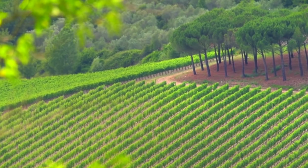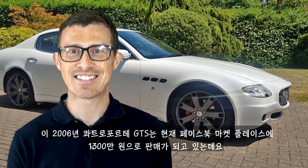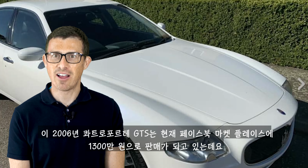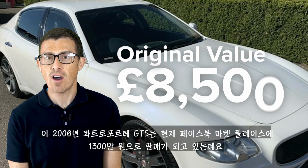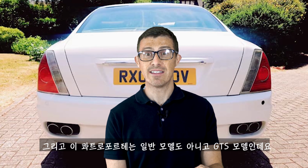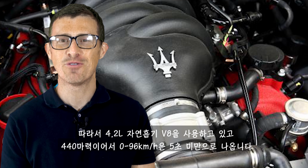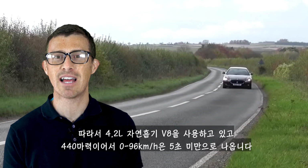How's this for a bit of Italian luxury for the same price as a 5-star holiday in Tuscany? This 2006 Quattroporte GTS is for sale on Facebook Marketplace for just £8,500, which is a tenth of what it costs new. And this is no ordinary Quattroporte either. It's the GTS model, so it has a 4.2 litre naturally aspirated V8 with 440 horsepower and will do 0 to 60 miles an hour in less than 5